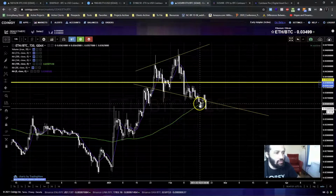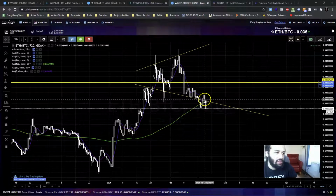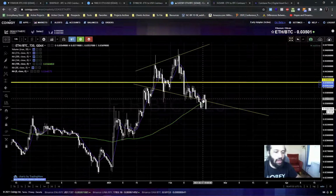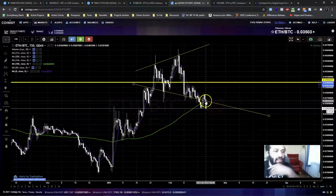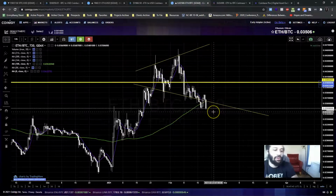as this, I think probably when it closed here, I moved to be probably like 95% in Bitcoin and 5% in Ethereum. But then when it closed back above here, I went the other way and added some more Ethereum and let go of some of my Bitcoin. I was at about 20% Ethereum when it did this, because I thought it would at least play up here to this line. And this is Ethereum versus Bitcoin chart, and it's basically